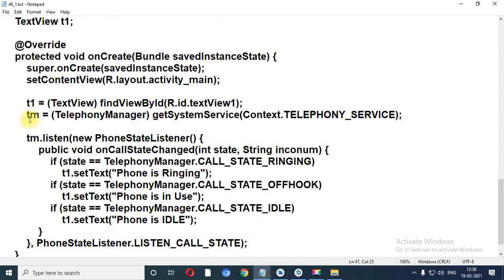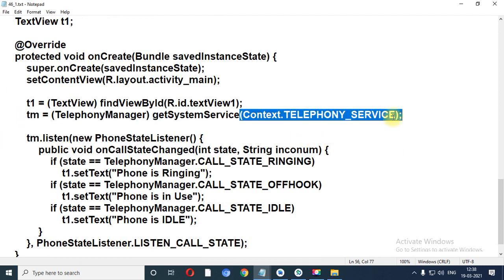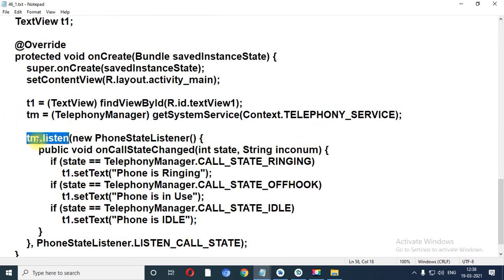Telephony manager, I have created telephony services. Now tm.listen, listen is the method, right? So when any phone is there, it is ringing, it is in use, or you are not going to use it and the phone becomes idle, at that time you can check all these states using tm.listen. Listen means what? It will listen if your phone is ringing. So in that I have implemented a new phone state listener, when